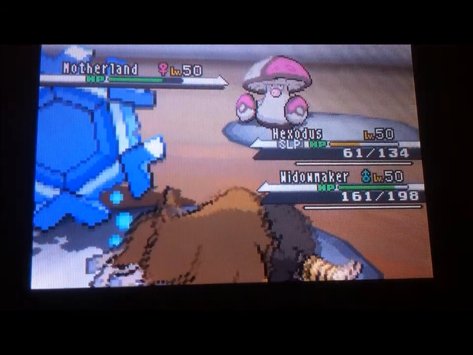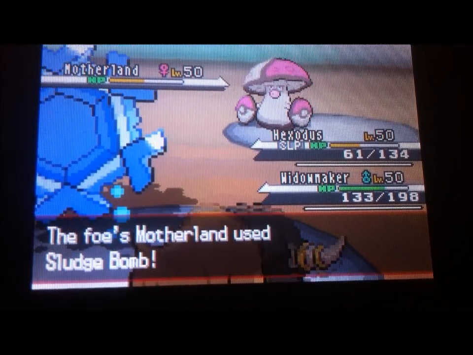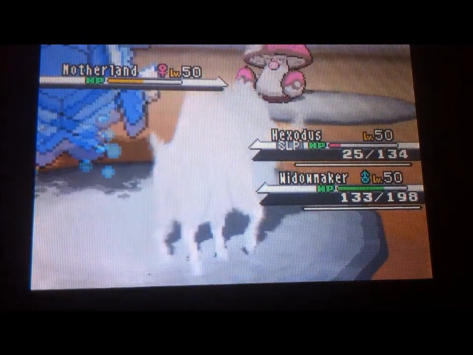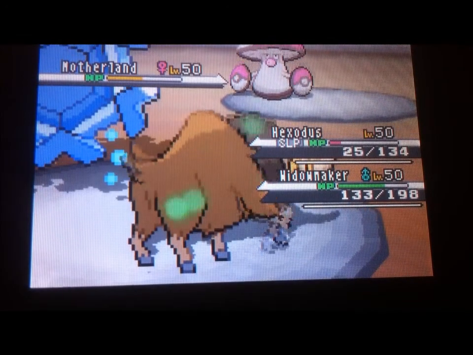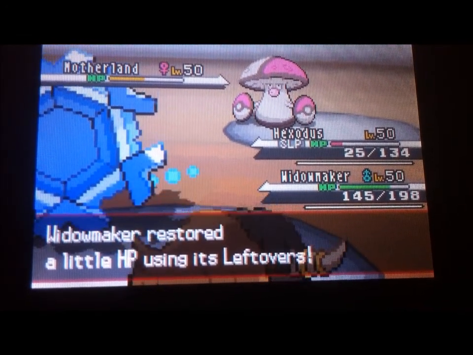Now, Michael goes ahead and he uses the Attract on the last turn, which makes my Bouffalant fall in love with his Amoonguss. When a Pokemon is afflicted with Attract, it has a 50% chance of not attacking. And the only way to get out of Attract is either to be holding the appropriate item, the Mental Herb, to get rid of the Attract, to kill the Pokemon that caused the Attract, or to switch the other Pokemon out